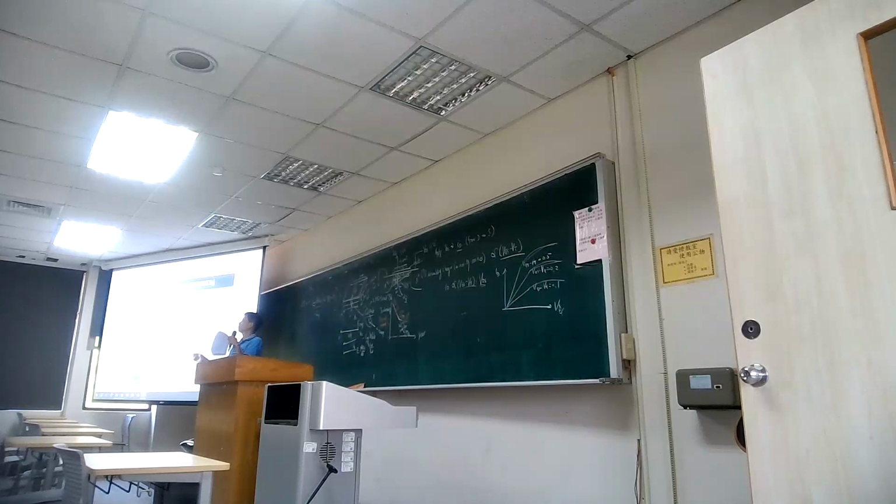Does anyone have confusion about drift current or diffusion current? Diffusion current means you have a carrier concentration difference, so carriers move from high concentration to low concentration. Drift current means you have a built-up electric field in the material, and the electrons or holes follow the electric field and move around. So here we talk about the drift current,